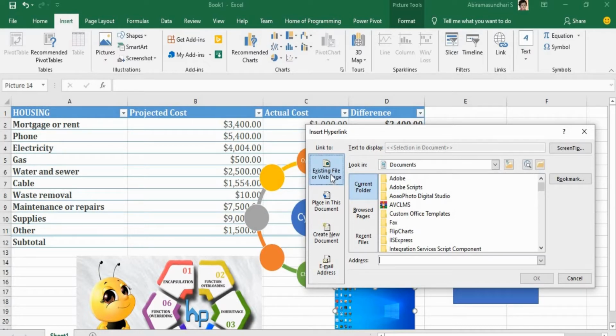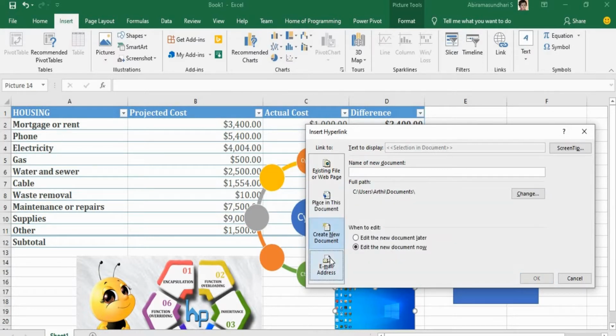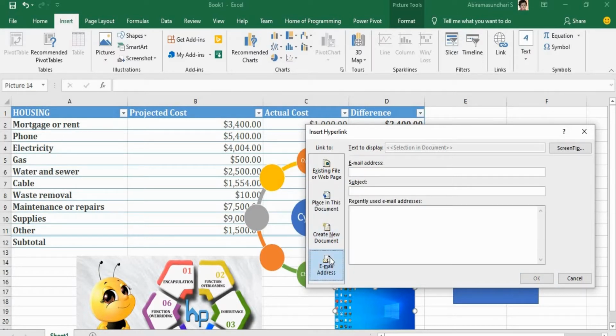Either you can insert a hyperlink to any other web page, or you can place hyperlinks in this particular document itself, or by clicking on any particular text, you can create a new document. Or if you want to mail some users, you can click on that link to mail some users.